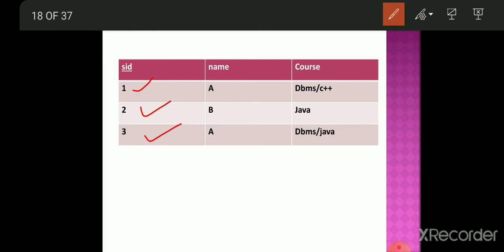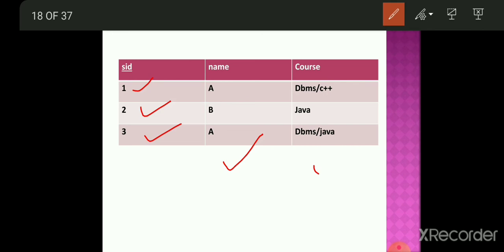Atomic because we cannot decompose it, and single because only one value is present in a cell. Okay, and now check the second column. In the second column also there are atomic values and single values.